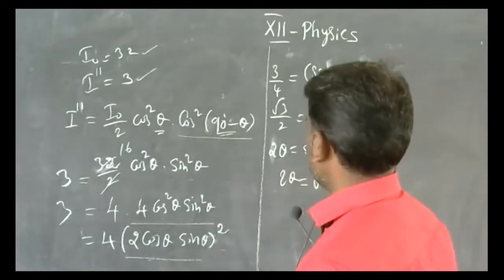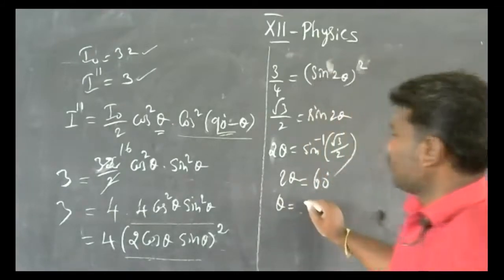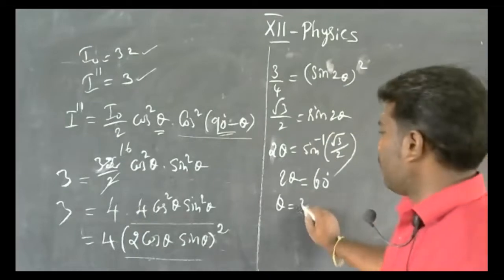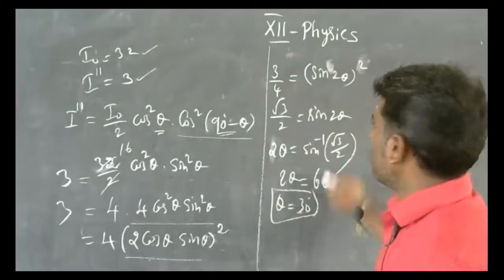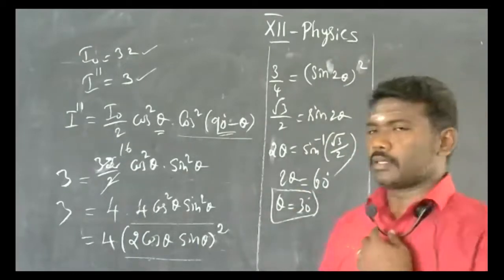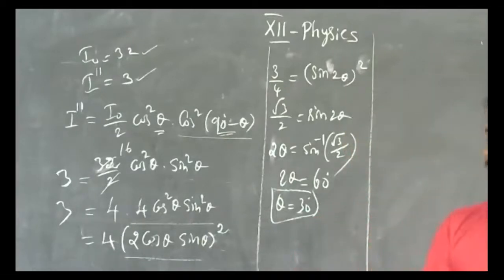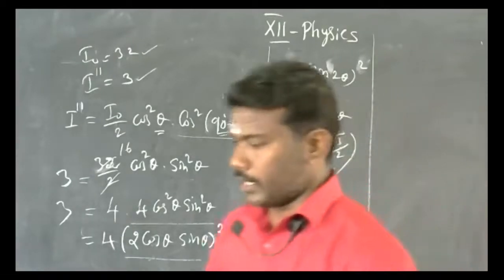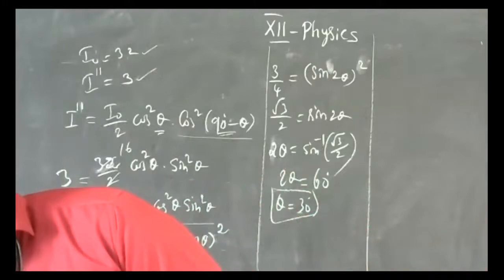So 2 theta is equal to 60 degree. So theta is equal to 60 degree divided by 2, 30 degree. So in this question, the answer, the angle is 30 degree. 7th question, the final answer is 30 degree. And next question,